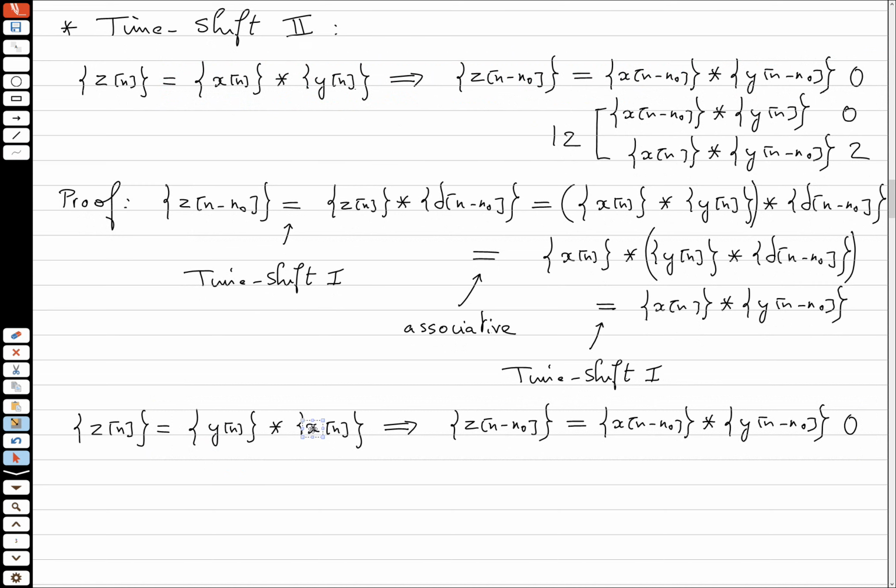I can commute these two. Now I have used commutativity,